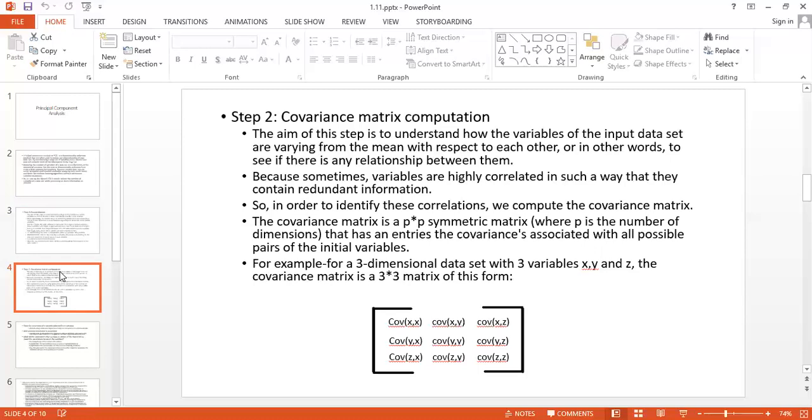For example, for a three-dimensional data set with three variables x, y, and z, the covariance matrix is a 3 by 3 matrix of this form. Suppose we are having two dimensions, the matrix will be 2 by 2. Suppose we are having three dimensions, then a 3 by 3 matrix will be there.